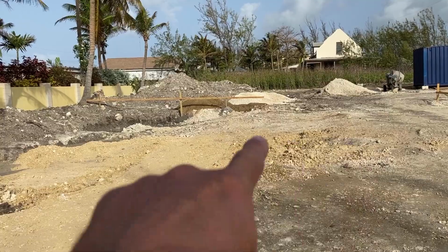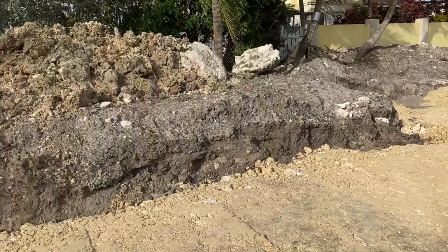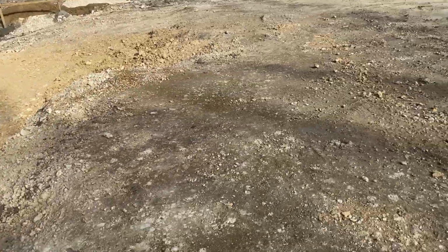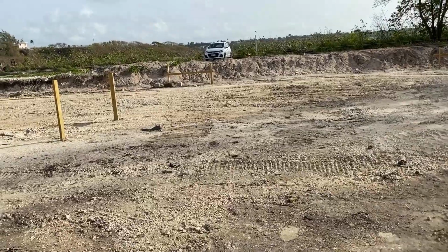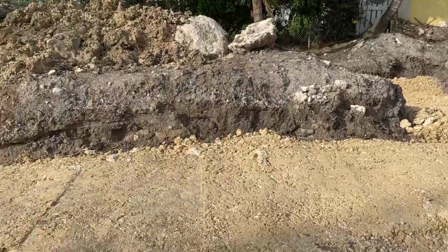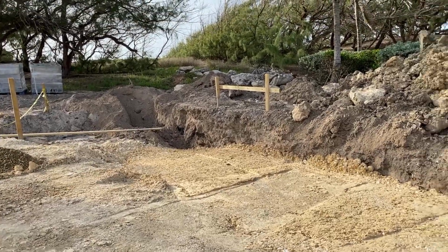So here at the moment, it's meant to go over to where that rock is in the corner. We've got to take that to height over there and all the way through here. And then do compact tests on there to ensure that obviously it's a good solid surface. You should really do sort of 8 inches and then compact, and then 8 inches and compact, and keep doing that, so you get each level as it should be. But at the moment that was poured very quickly, so it's definitely not going to have the actual compact that it needs,